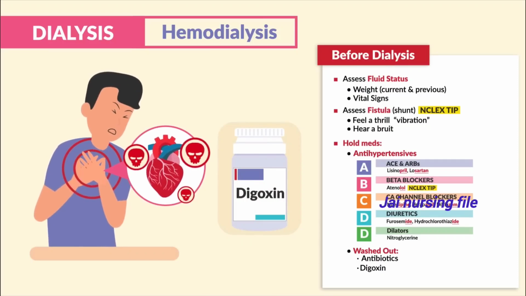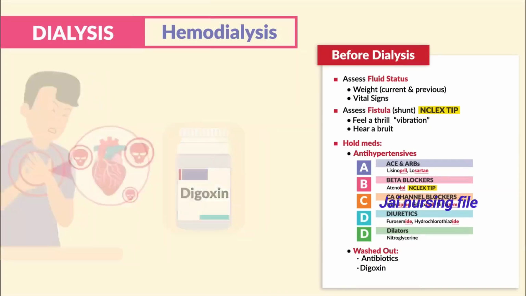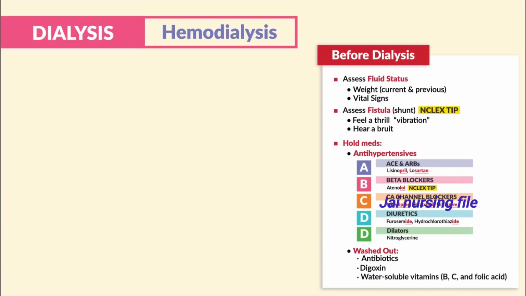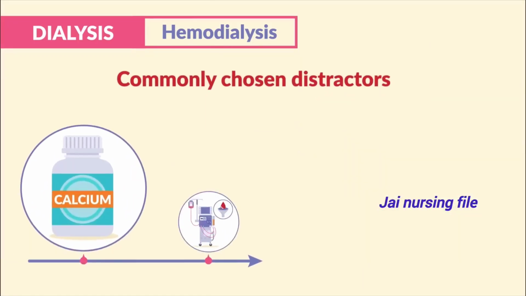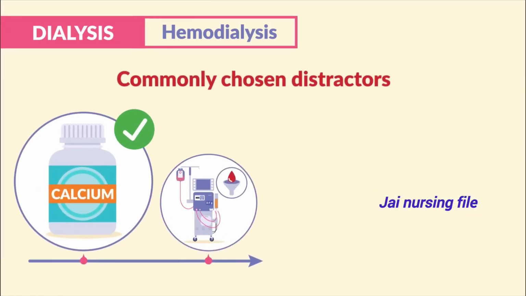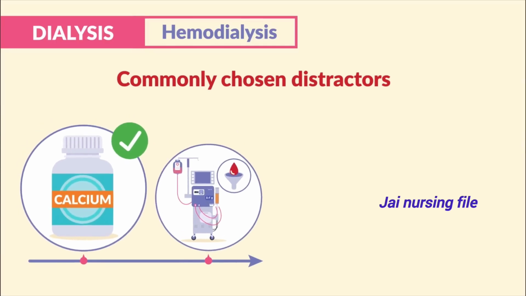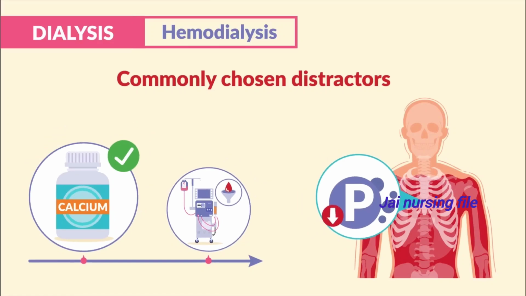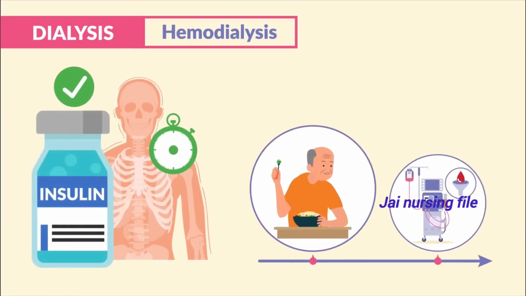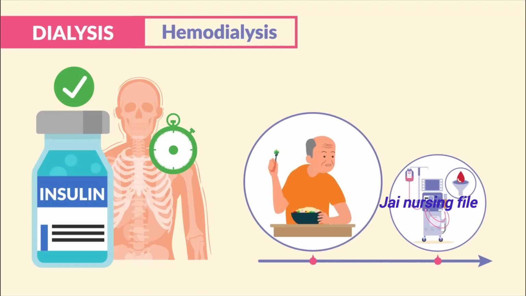It digs for that deep contraction. And lastly, we hold water-soluble vitamins, vitamin B, C, and folic acid. Now, commonly chosen wrong answers was to hold calcium supplements. These ones are okay to give before dialysis to help bring down those phosphorus levels in the blood. And insulin is also okay to give because it's typically absorbed fast, so we can still give it with breakfast